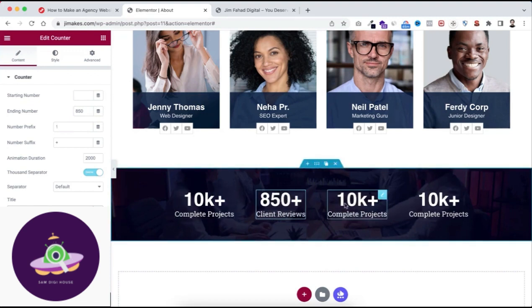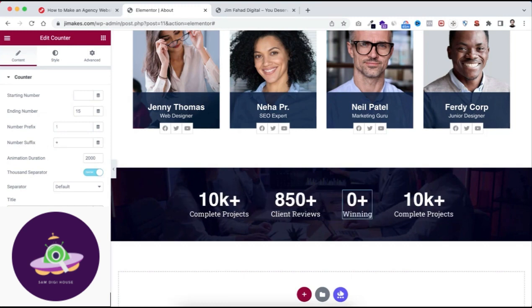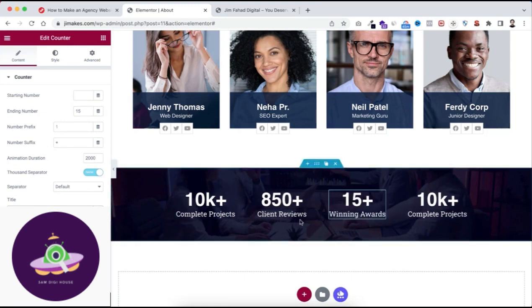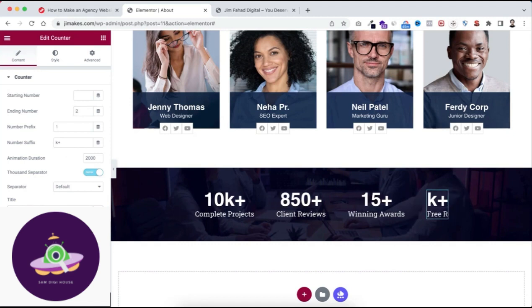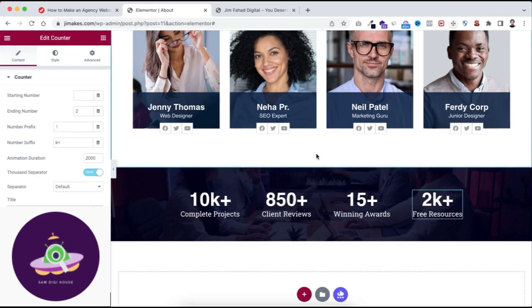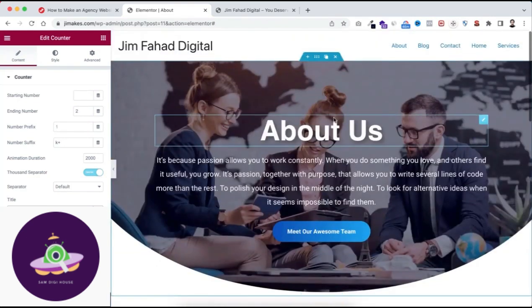Now the third one I just wanted to say 15 plus, so here 15, then the suffix plus, and here title I wanted to say winning awards. Then the last one I just wanted to say 2K plus, here the title free, not double space, it's free resources. Perfect. So if I go back to the banner, actually we can change this background image because we have